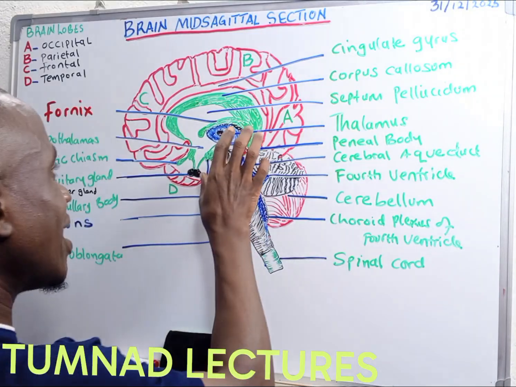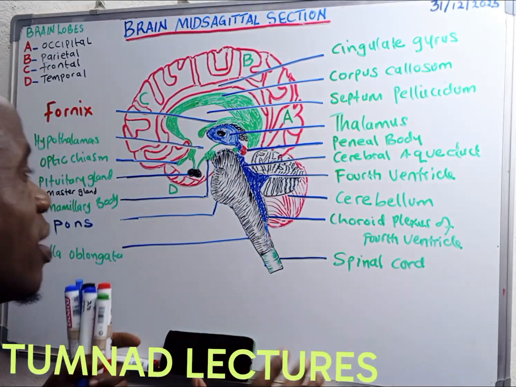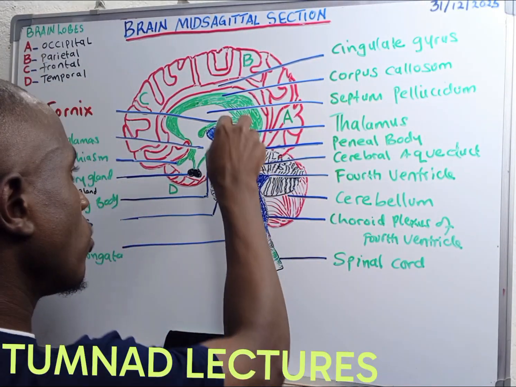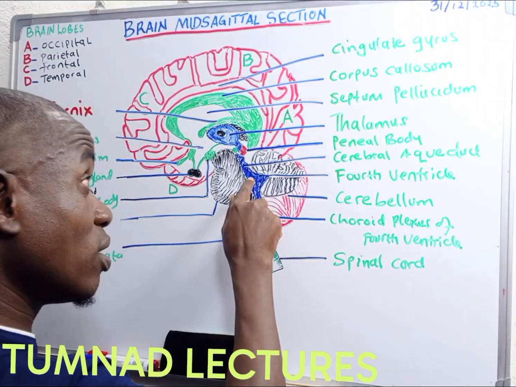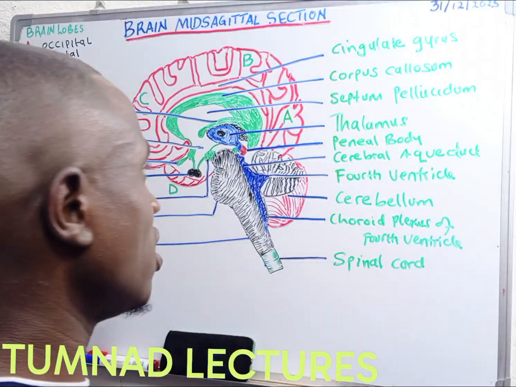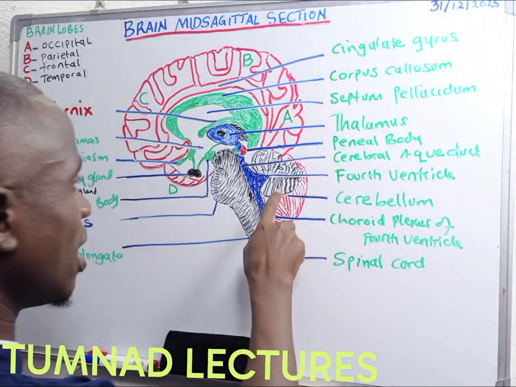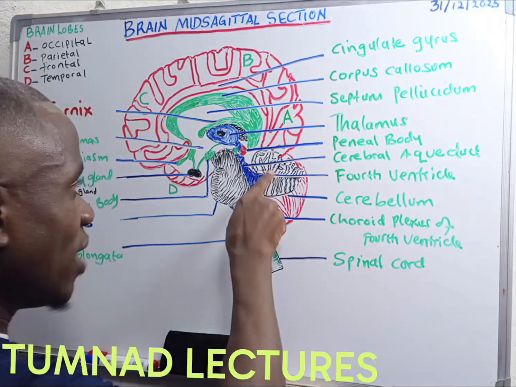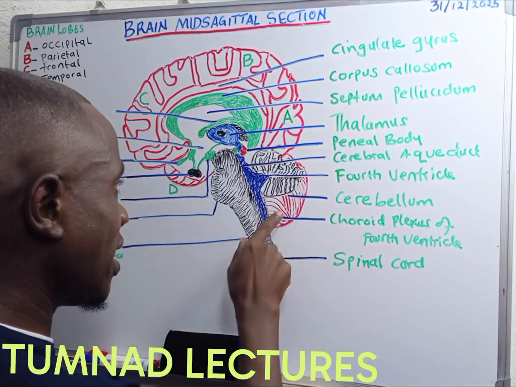And then we said that in between the thalamus, we have what we call the third ventricle, that's going to be connected to this structure here, which is called the fourth ventricle, by what we call the cerebral aqueduct, which connects these two ventricles. And then we said that this structure called the cerebellum,